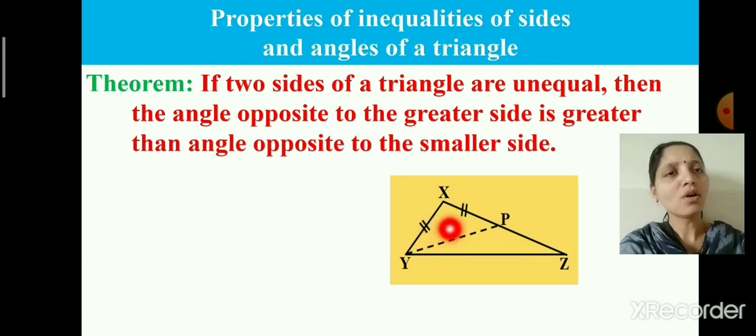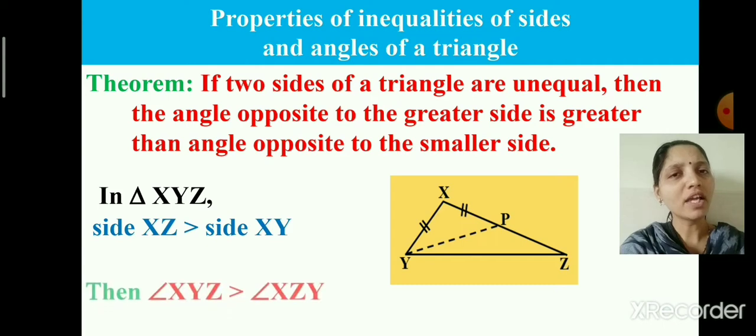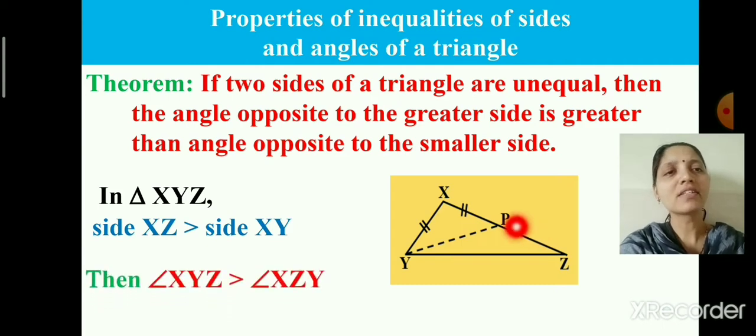Angle Y is greater than angle Z. So let's write down, in triangle XYZ, side XZ is greater than side XY, then you can say that angle XYZ is greater than angle